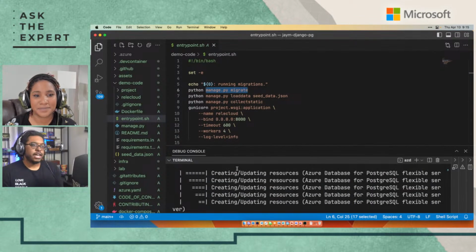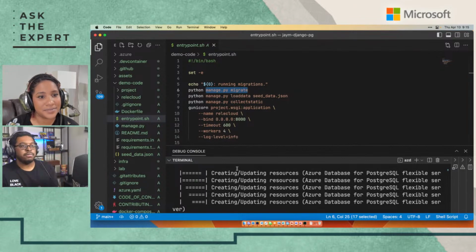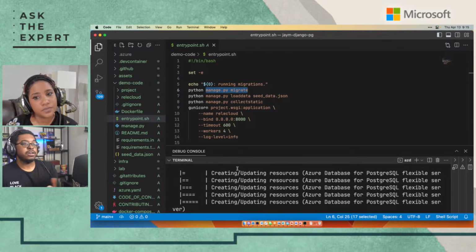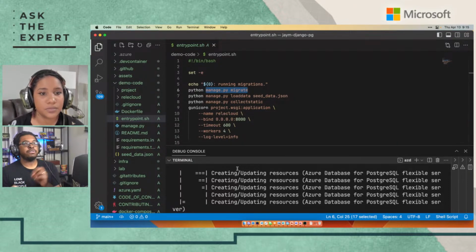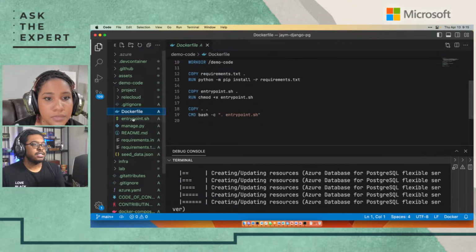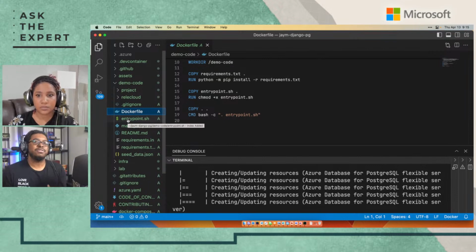Then we're collecting all of our static assets, and then the big command, which is running Gunicorn, providing our WSGI application, and then giving it all of the information that we need, setting up the workers, setting up cooldown times, timeouts, and then binding to our port. If you've ever worked with Docker, a lot of this stuff, especially with Django, is going to seem second nature. You have to create certain ports, you have to expose those ports and make them available. And the nice thing about that is, because we're doing a lot of this stuff inside of Python,